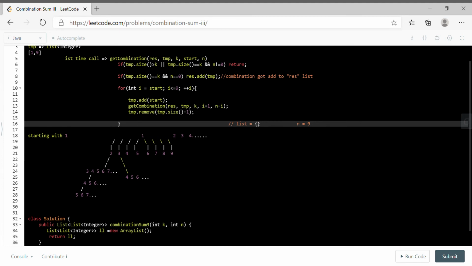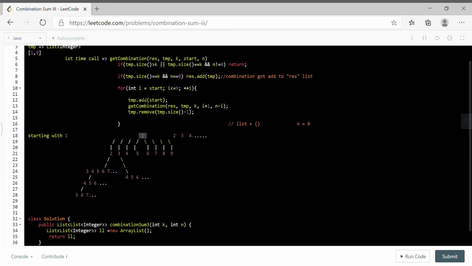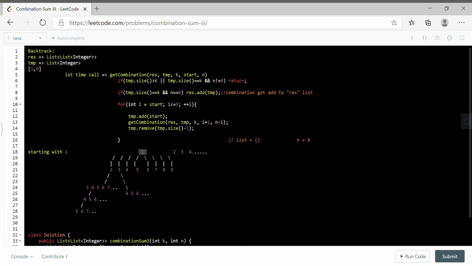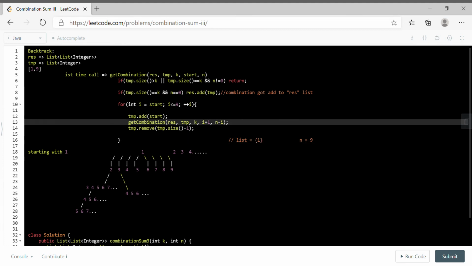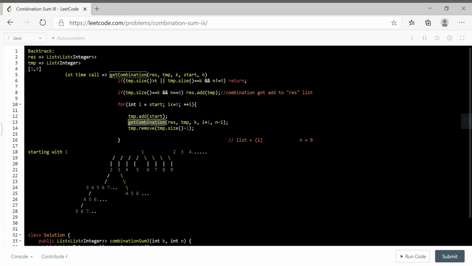So when we come to the 1, i is equal to 1 because start is 1. We will add it in the temporary list.